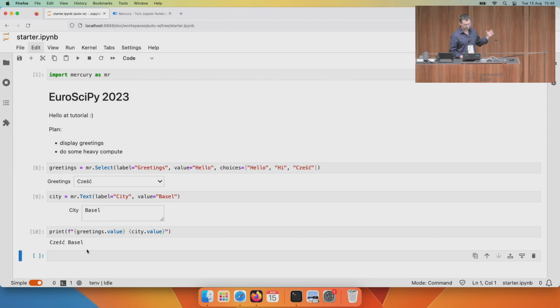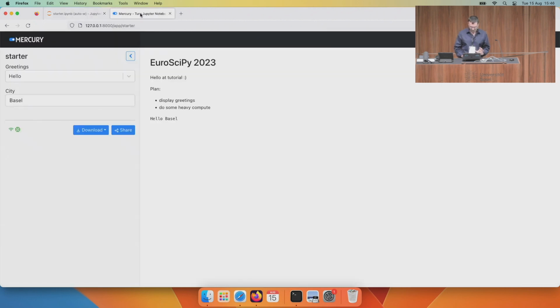There will be "Hi, Basel" in the notebook. Let's save the notebook and check the web app. So in the web app, we are in the web app mode. If I change the greetings here from hello to hi, it will be automatically updated, and in the background